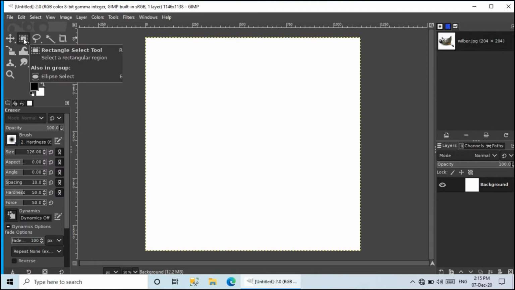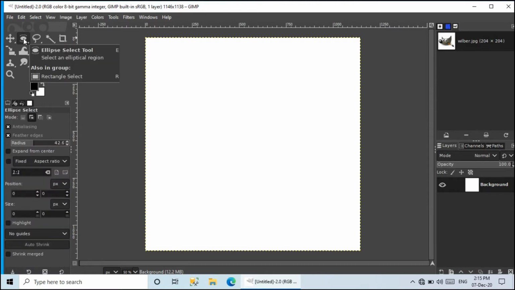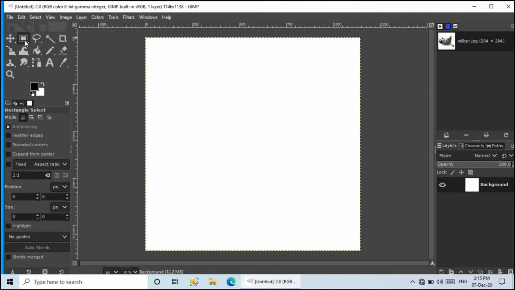If you hover your mouse, you can see that there are two options. One is ellipse select tool and one is rectangle select tool. It is used both for selection as well as for drawing the rectangle. By default rectangle select is there. If I want to change it, I will simply click on E, and as soon as I click on E, it becomes ellipse select tool. If I want it back to rectangle, I can use the shortcut key R,